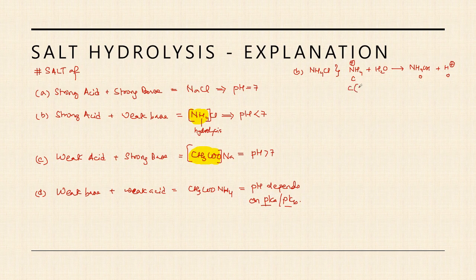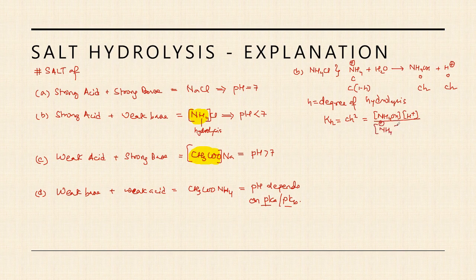This will hydrolyze to an extent h. This will become Ch, this will be Ch. h is the degree of hydrolysis. So the hydrolysis constant will be written as Ch square, which will be equal to concentration of NH4OH times H plus divided by